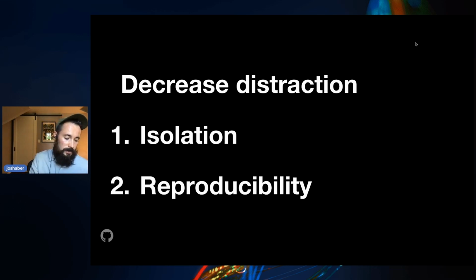And we do that in Codespaces in a couple ways. The first is isolation. And really, both of these points are lessons that, say, the infrastructure world has been learning in the past 10 years around containerization and orchestration. All these principles, these ideas of isolation and reproducibility, these are all things that we've kind of accepted and are the norm now within production systems. We've accepted that our production systems need to be isolated, they need to be reproducible, so that if a pod goes down, it's no big deal. We spin up another pod. We know how to do that. It's all codified within the project itself. And what we're saying is that we can eliminate a lot of distraction and a lot of pain and annoyance by applying these same principles to local development